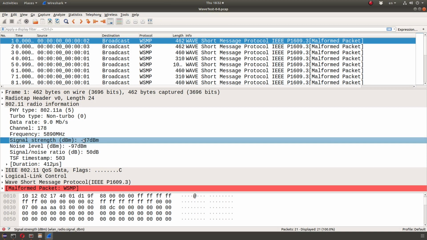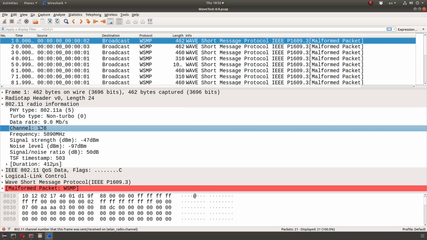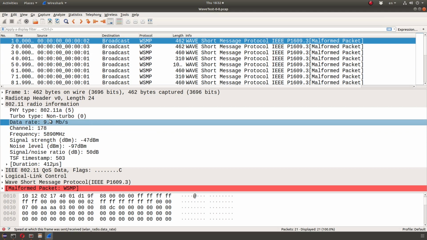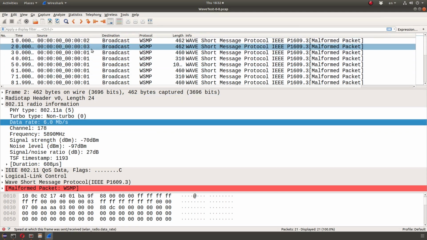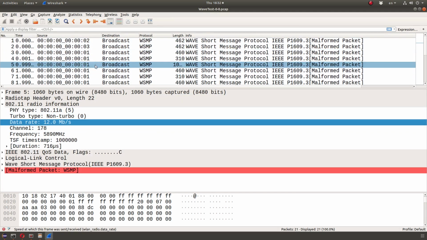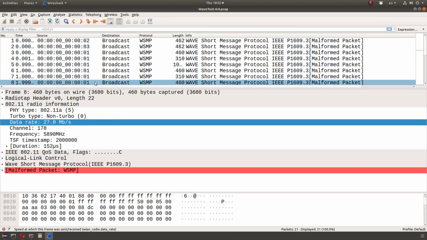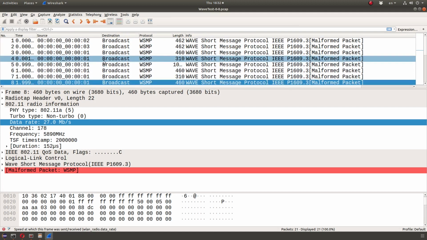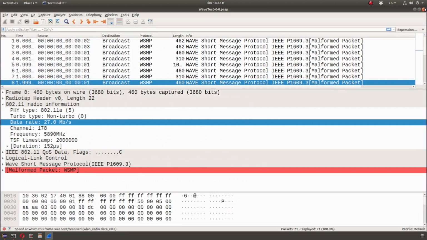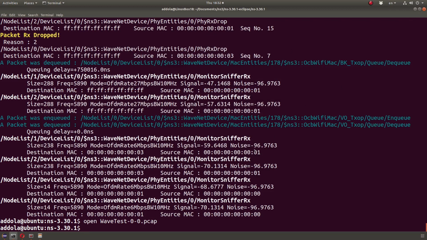It's not 30, it's minus 47.97. The noise is the same, but the signal is a little bit weaker. Okay, the channel and everything. And as you can see, there are different rates. So here's 9, 6, 27, 12. So I have per packet parameters. Okay, I could go on forever, but you need to monkey around with it, play with it, and learn a few things